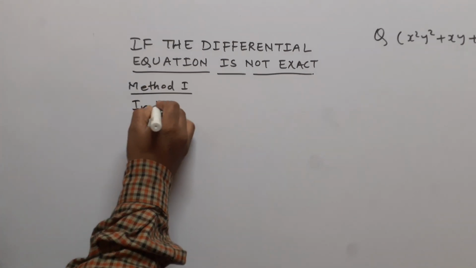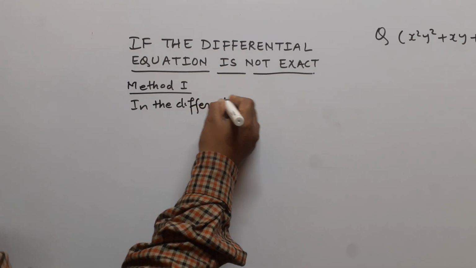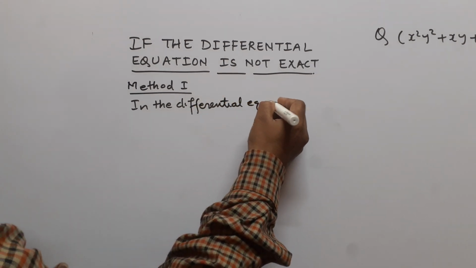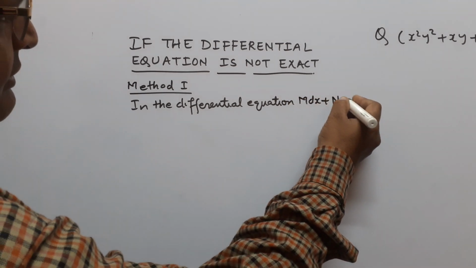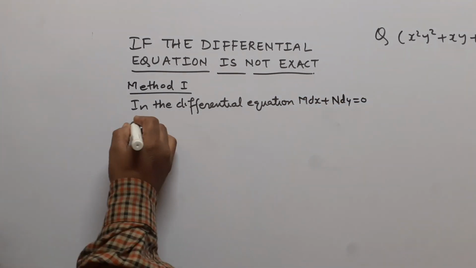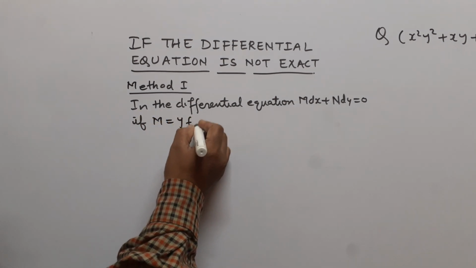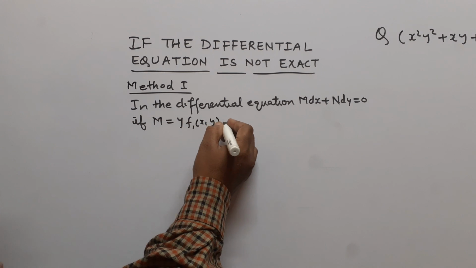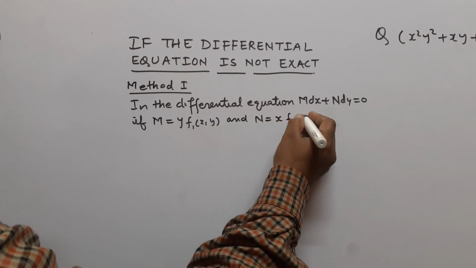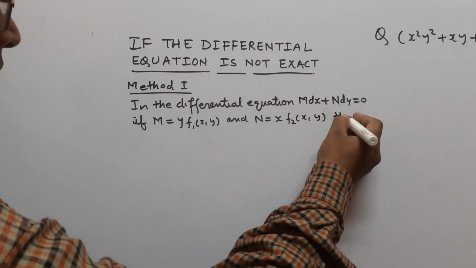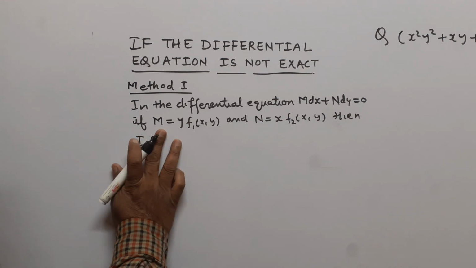In the differential equation M dx plus N dy equal to 0, if M is equal to y multiplied by f1(xy) and N is equal to x f2(xy), then the integrating factor